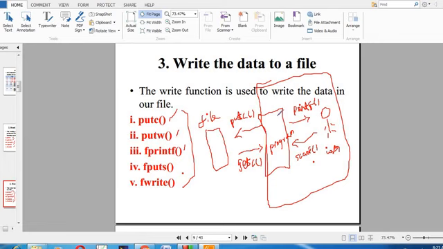If our program wants to write anything in the file, we can use putc, putw, fprintf, fputs, fwrite. Similarly, if our program wants to read any content from the file, there we can use getc, those read functions. This is very important, all of you note down.